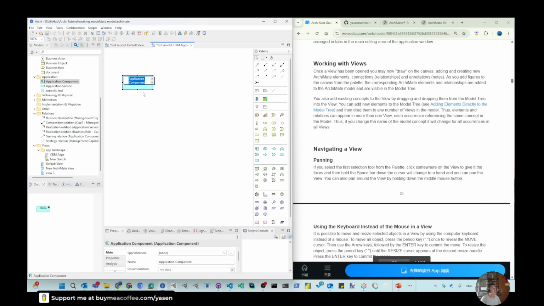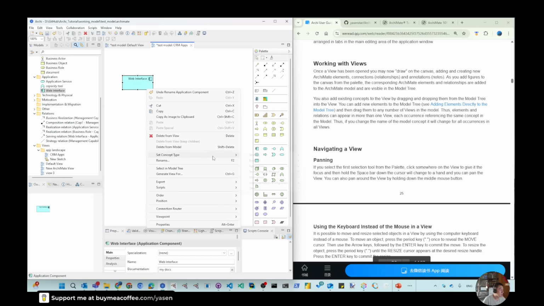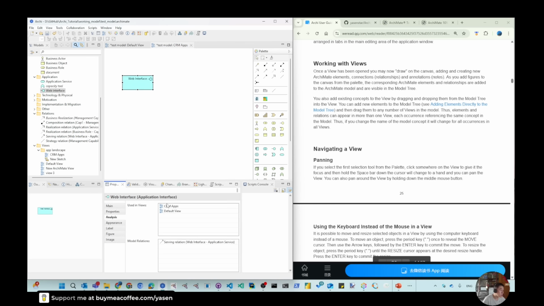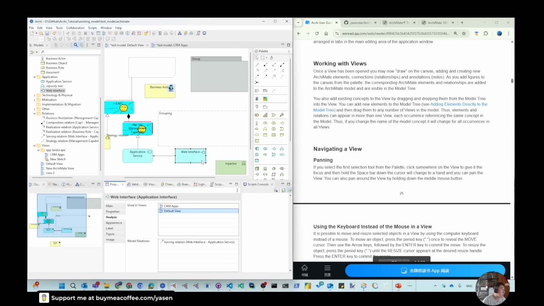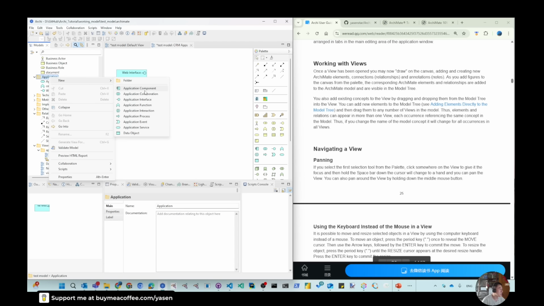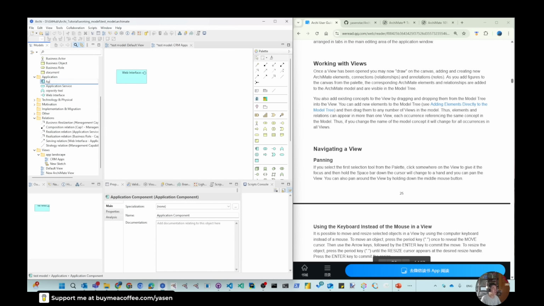So that is the web server interface. If you make that web interface, you may change it to an interface. But as I mentioned, this is just a demo. You need to analyze that, because this one is originally a component also used here. Although here is not harmful for your model, it's better you pay certain caution before you do something. So I will create another app,